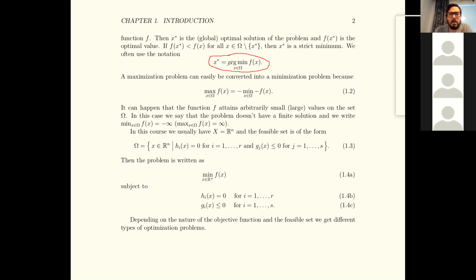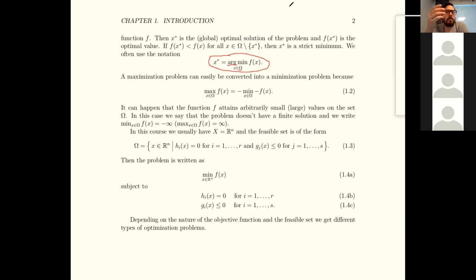So this argmin here means that this X is such an argument of f of X that it makes this f of X the smallest in this set omega. And this min, without this arg, is the optimal value. So this is the optimal solution,